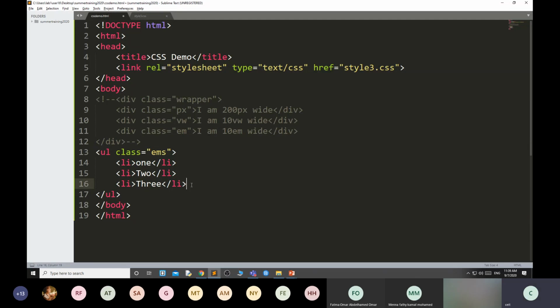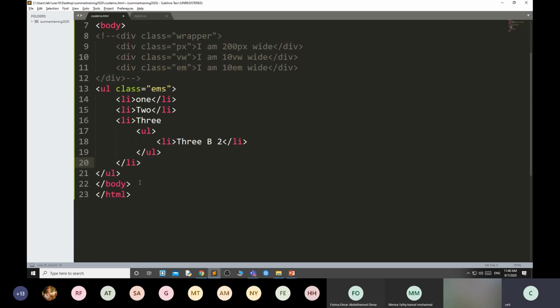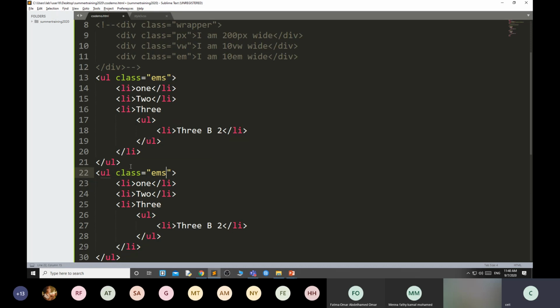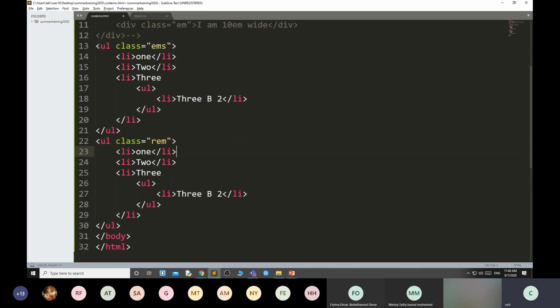Then again inside this 3, I will create another UL and again li 3B. Okay, this is the EMS. Then the same thing, I copy and paste, and here I write REM. Okay, meaning the first one I'm going to style using the EM unit, and the second one I'm going to style using the REM unit.